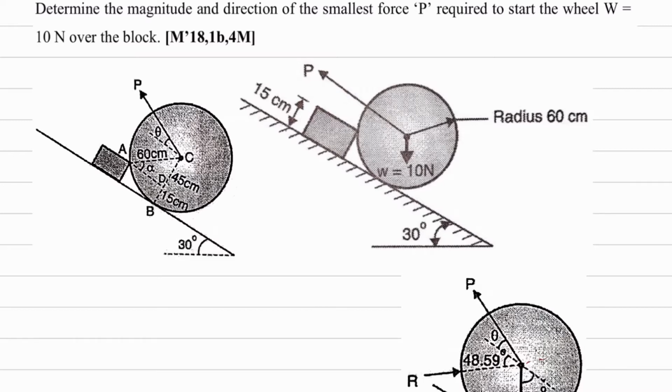So this type of theory we have seen during the theory session, where a block was given and there is a cylinder, and when force P is applied, it is just enough to roll the cylinder over the rectangular block. It is of that type. Now understand how we have to draw FBD in this case.